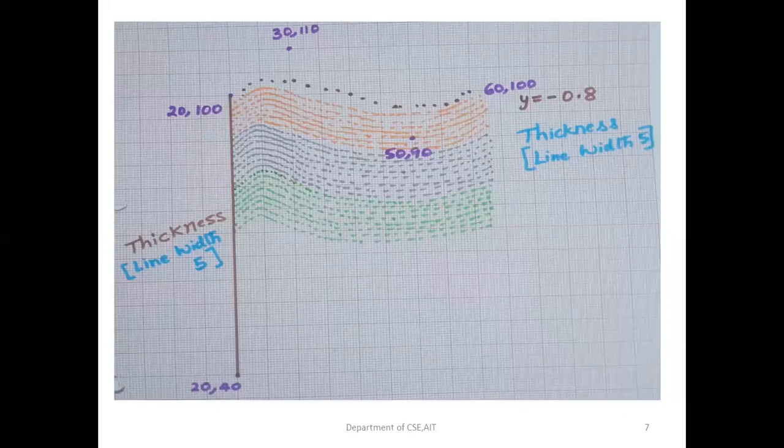So this is the close-up of the curves here. Totally 24 curves will be drawn based on the control points. Based on the control points, the first curve will be drawn, and then based on the first curve, the next 23 curves are drawn, and each of them will be having a displacement of minus 0.8. Meaning, translation we are going to do. The translation only in the y direction, because the curves should come one below the other.